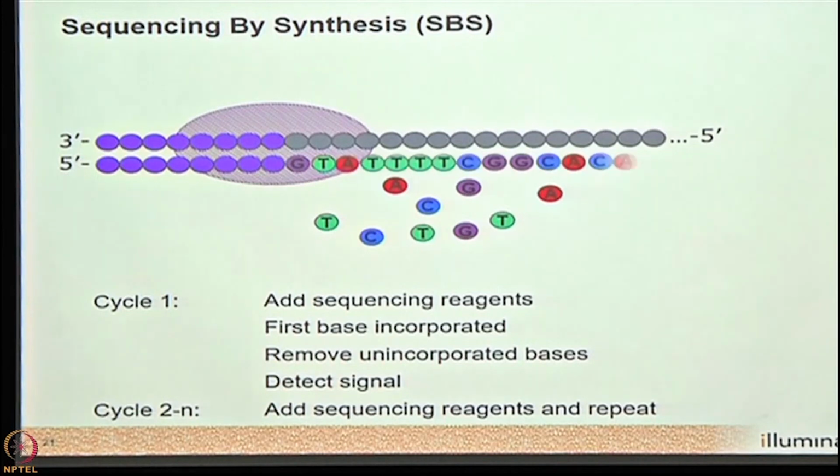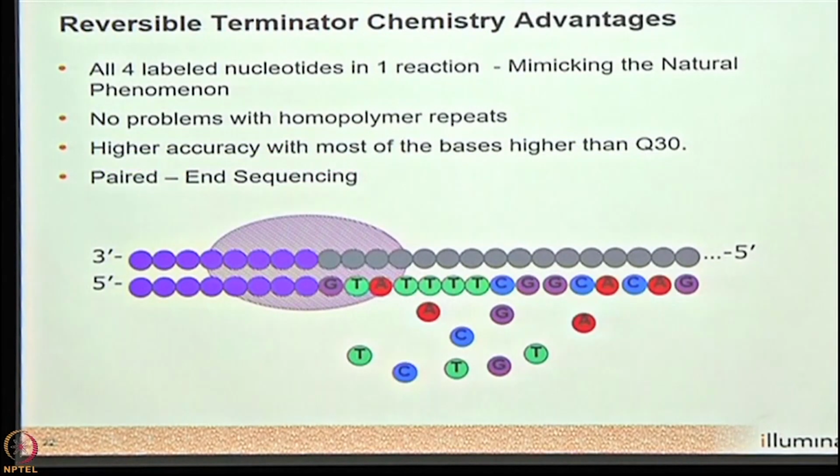So this is how, if you are going for 300 cycles, 300 bases will be added, and we are done with the sequencing part. The key difference here is that we essentially mimic the natural phenomenon. There is no change in phosphate or anything. The best part is, if you detect by secondary methods like phosphate, for example, what will